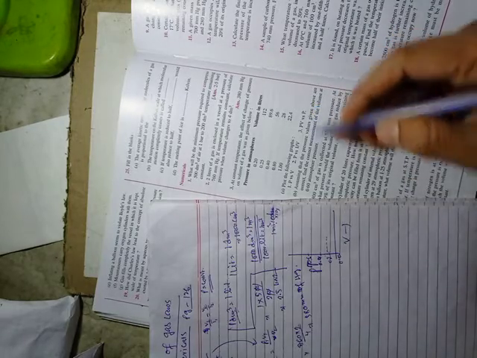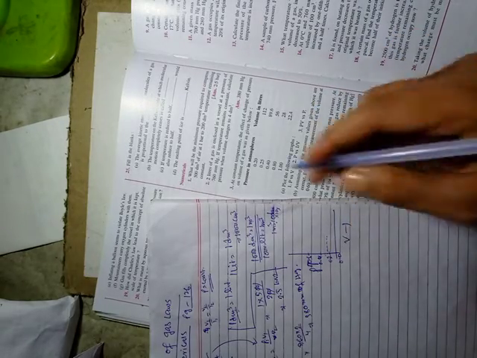Then you will get a graph, similar to the pressure-volume graph in Boyle's law. And PV versus P you can get a constant line, when you get the value of pressure times volume. You will try it, otherwise I will do it later, no problem. So directly we are moving to the numericals.